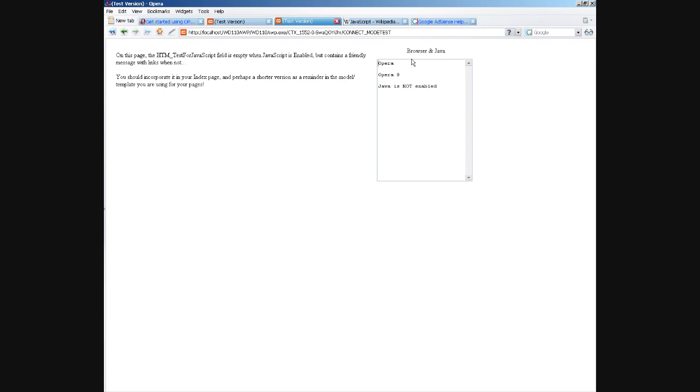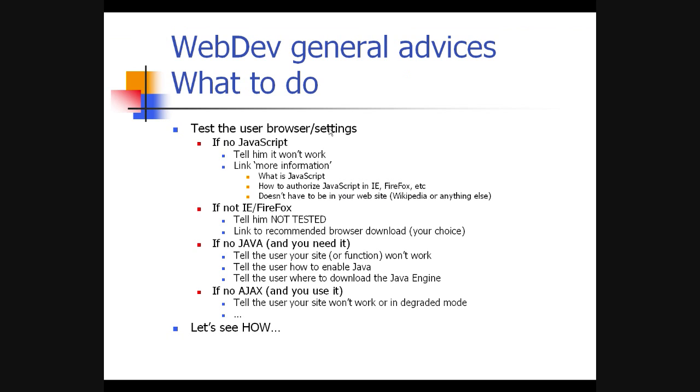Why do you have here Opera and Opera 9? Because one is done with the WebDev native function, and one is done by some JavaScript that I created for you. As you can see, the result is slightly different here, and that's not really the problem. We're going to show you what the problem is when doing the same thing